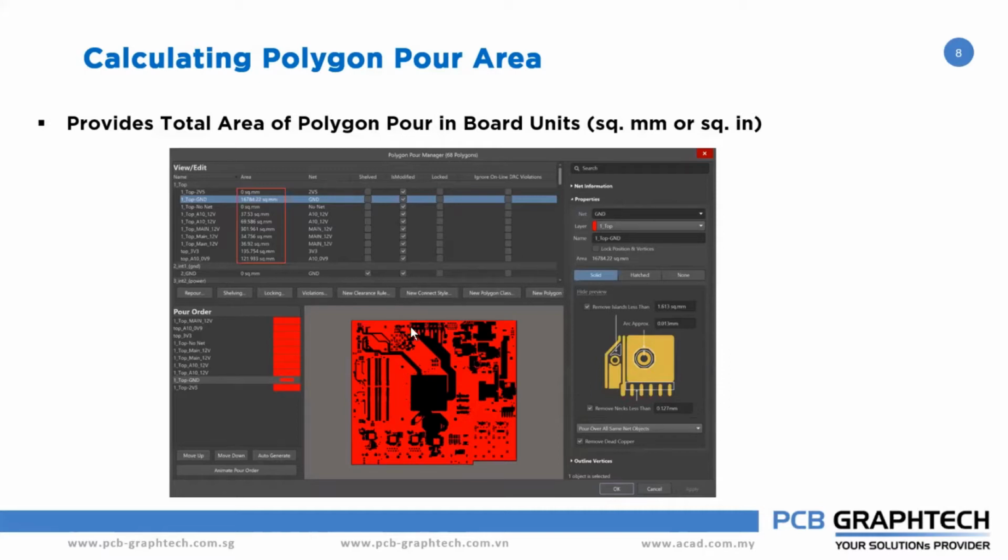And finally, if you want to create the report, say I want to generate the copper report, you can also generate it. Instead of the polygon pour properties, you can directly go to the board properties and click on the Report button. Once you click the Report button, you can generate the copper pour report for your whole board, as an overall percentage of copper pour for your board. You can determine it inside Altium Designer 21.